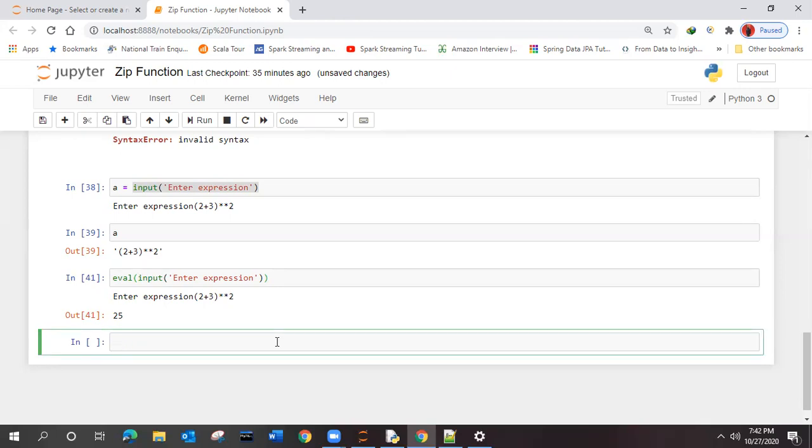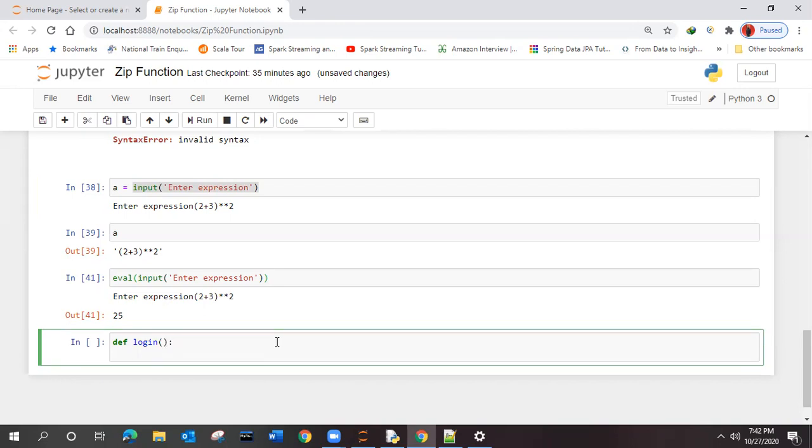So let me define one function. I will give this the name login. Login is the function, and it will have something.